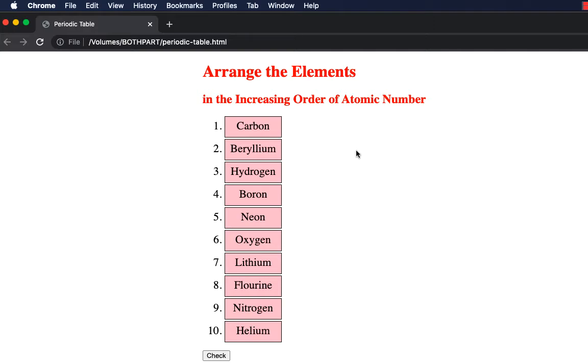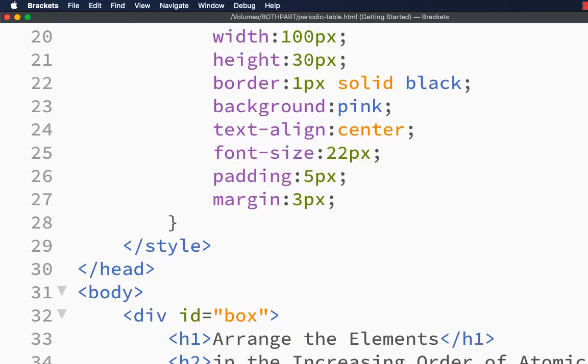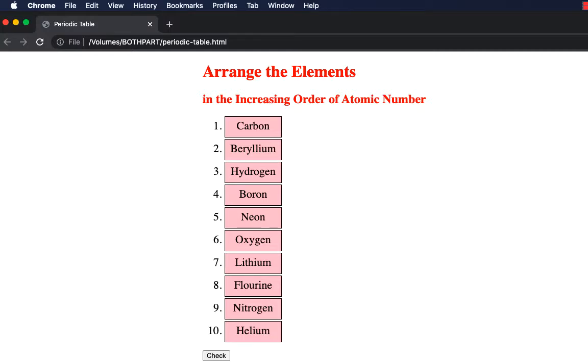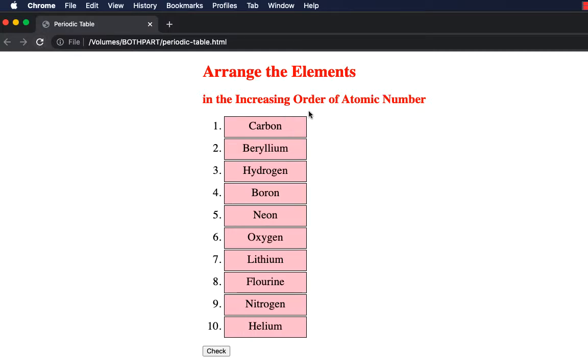Okay, also we can increase the width of the elements. Now it is 100. Let me make it 150 and let me reduce the margin value to 2 px to reduce the gap. Now let me refresh. See, now it is looking like this. I think we can have the heading in the same line, right? This is big and this is small. That is not looking good.